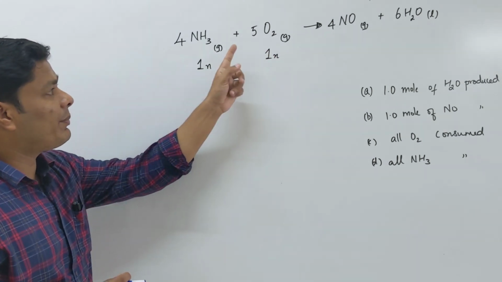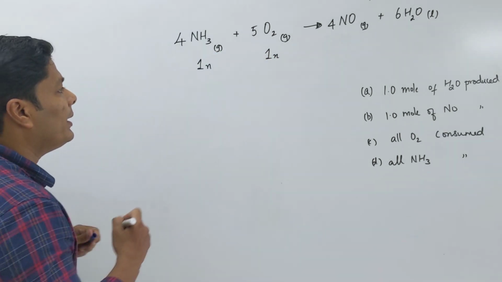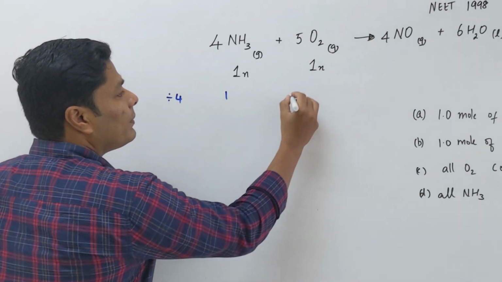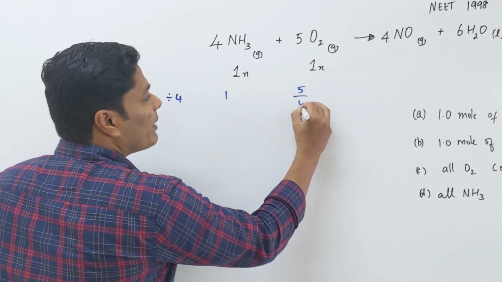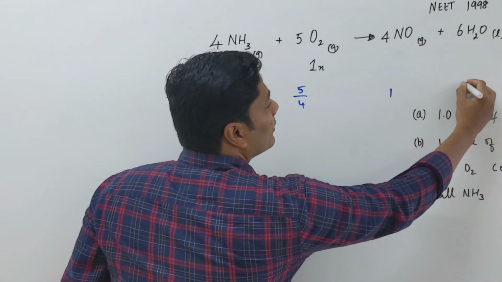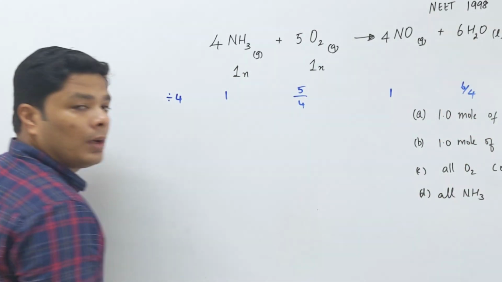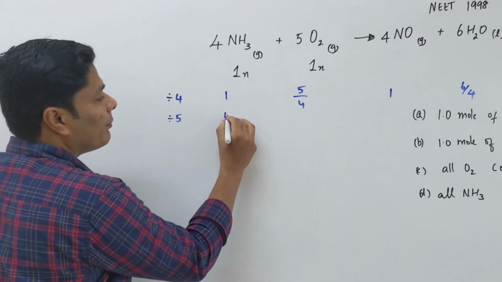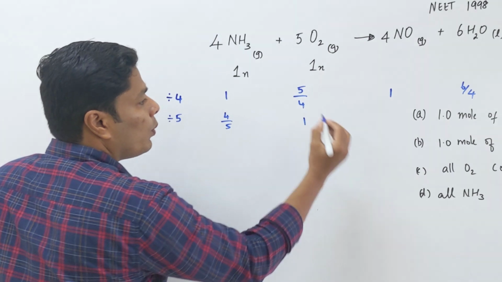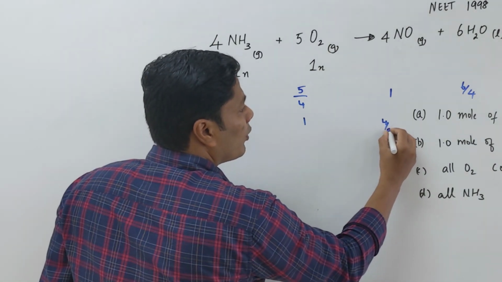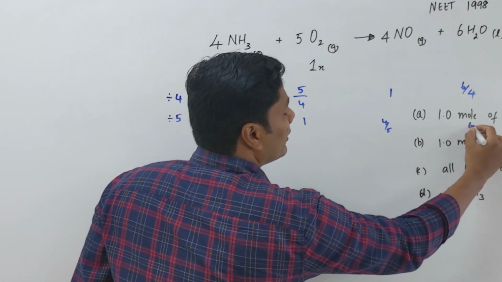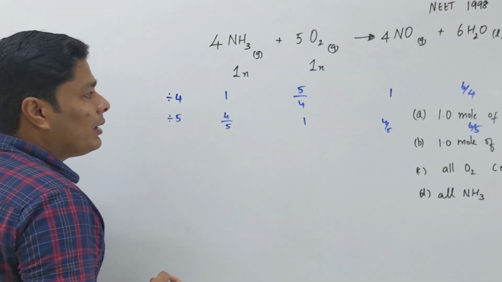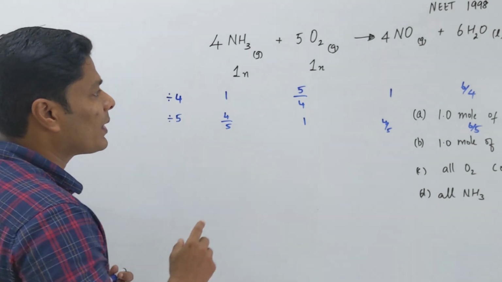Okay, நீங்க 4 ஆல டிவைட் பண்ணலாம் இல்ல 5 ஆல டிவைட் பண்ணலாம். Now for example, I divide by 4. What I get is I get 1, 5 by 4, 1, 6 by 4. Right? Now if I divide by 5, what I get? 4 by 5, 1, 4 by 5, let me write it here, 6 by 5. Now this is to understand I am doing this pattern. Now what this tells you is basically